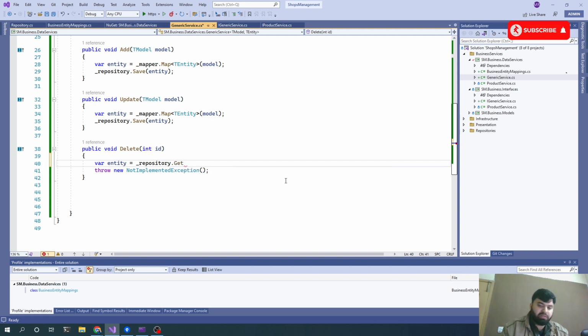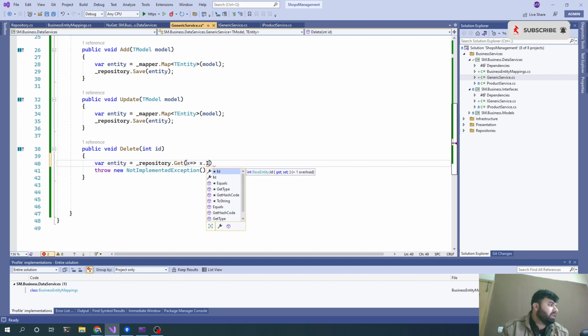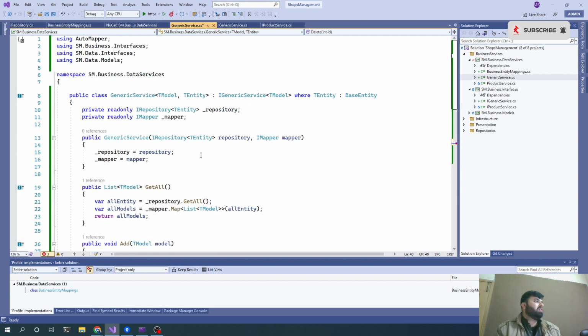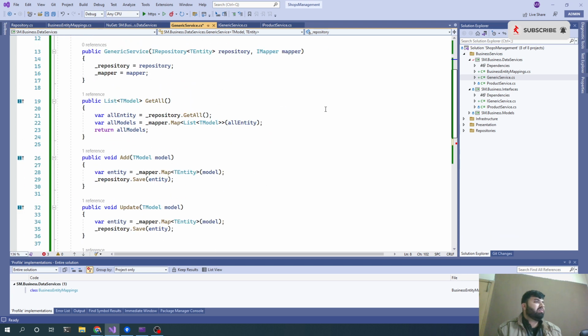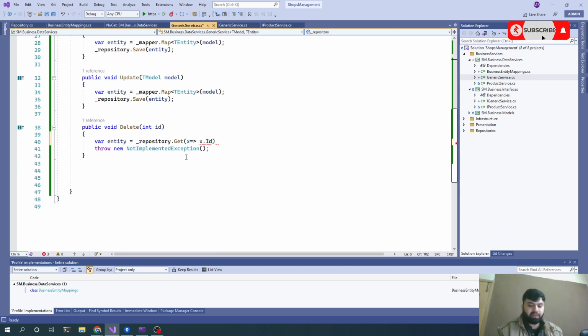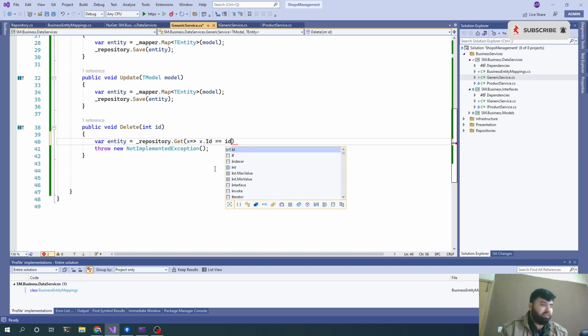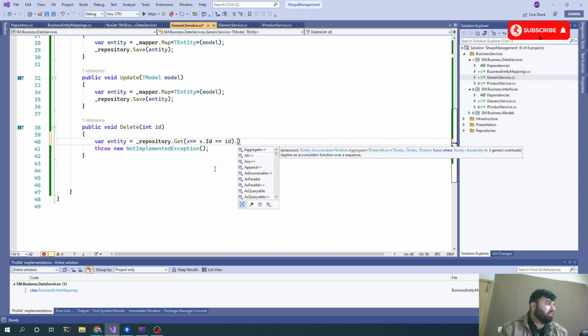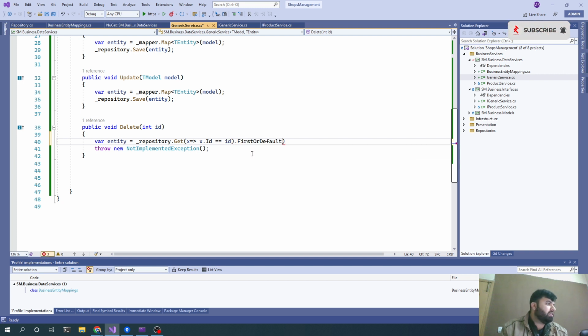Get will return as queryable, and we can directly query inside this one. We can use id. Now why can we use this id? Just because of this base entity, right? If that is not there, we can't access any of those properties from those entities. So is equal to id dot first or default,